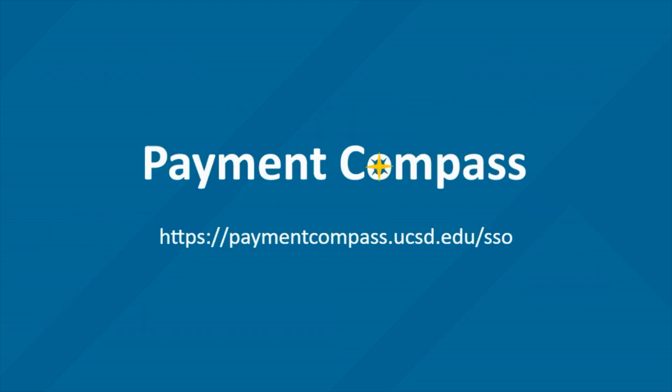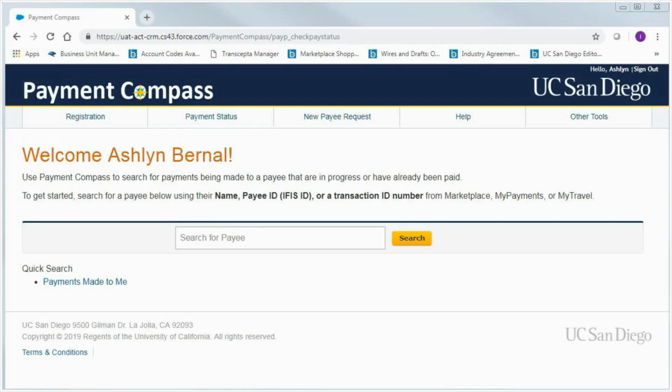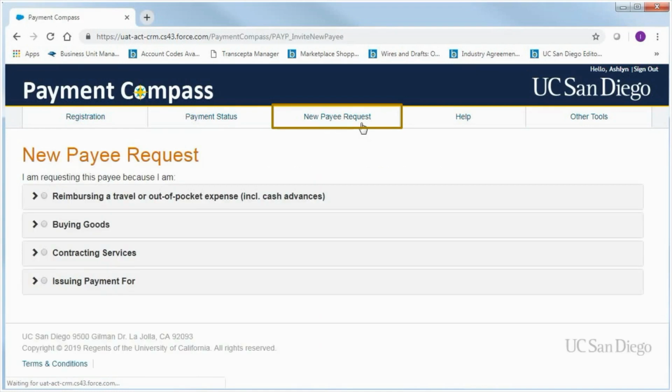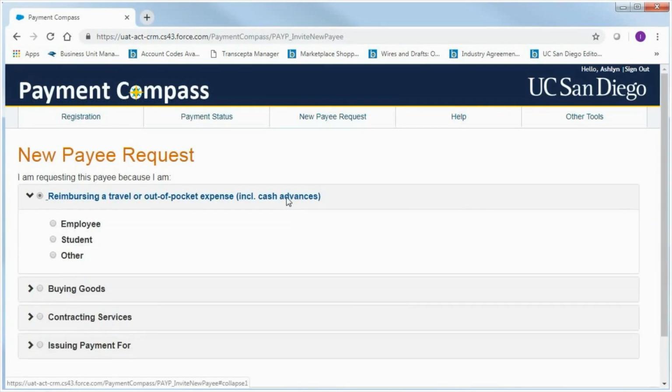To get started with requesting a new payee, navigate to Payment Compass, where you will be directed to sign in with single sign-on. Once on Payment Compass, select the New Payee Request tab. On this page, you will be presented with multiple payee request options. Selecting any of the titles will open an expanded list of options to categorize your transaction. The payment type you select will determine what information is requested of your payee and which application your payee will